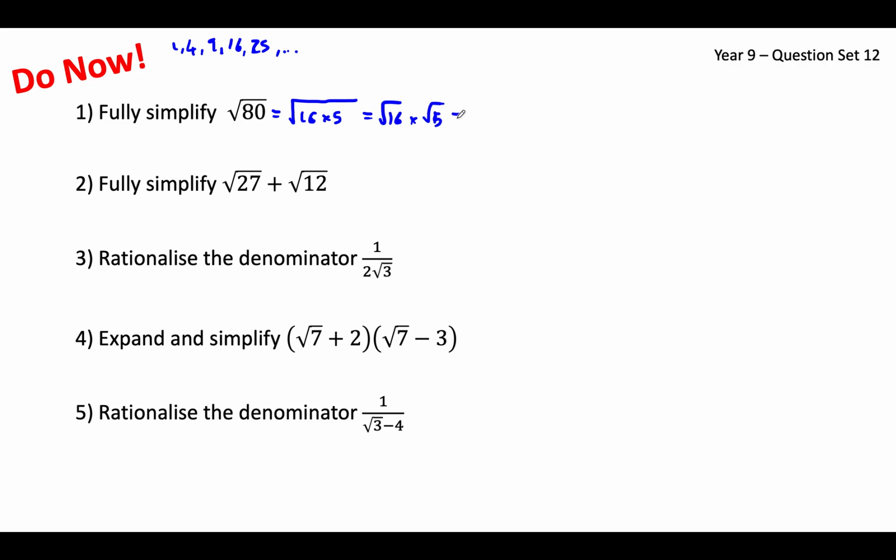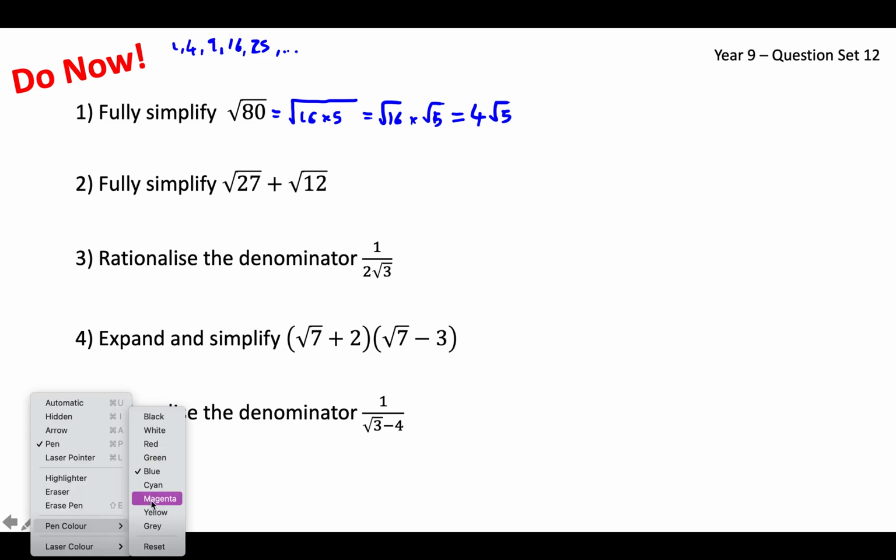That was from our surd rules. And of course, the square root of 16 is 4. So it's actually 4 root 5. 4 times root 5, basically. Like 4x, we don't put the times, it's just 4 root 5. That's why we're trying to find those square numbers, so that you can take it outside and square root it into a normal number. And of course, you might not have noticed that, in which case you might go,